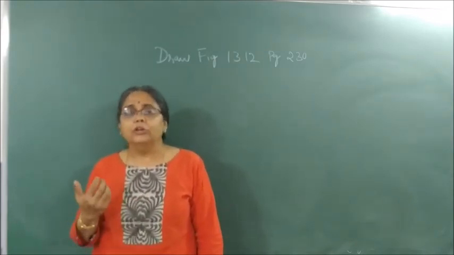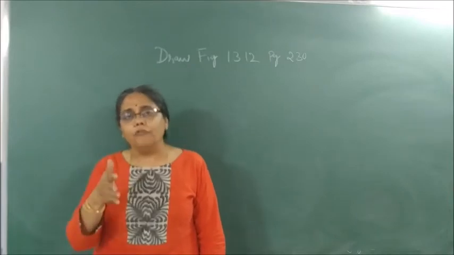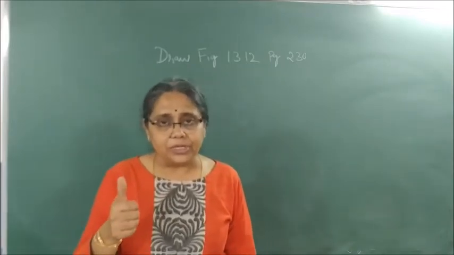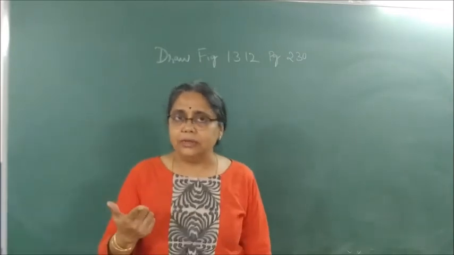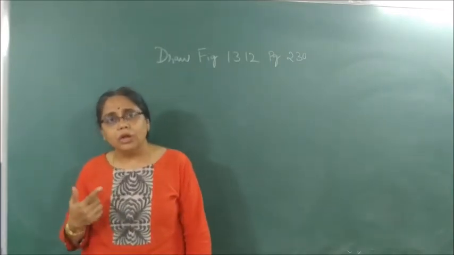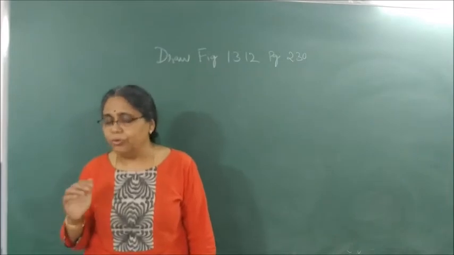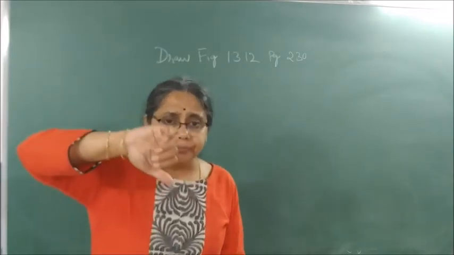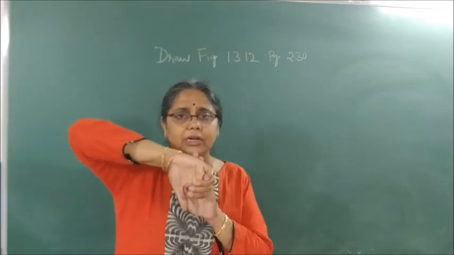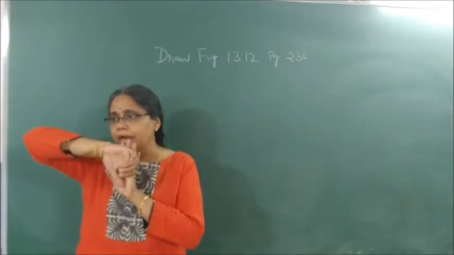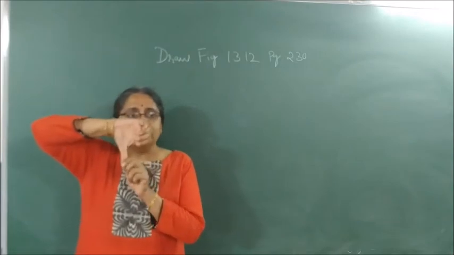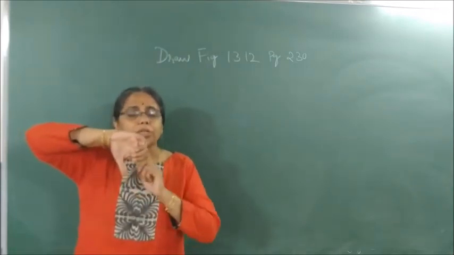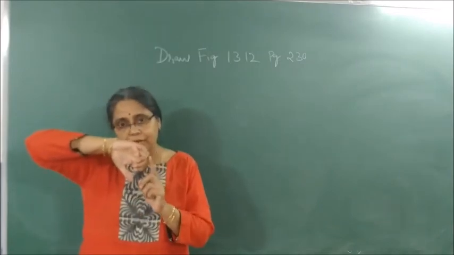To find the magnetic field of a straight conductor carrying current, we generally use Ampere's swimming rule or right hand thumb rule, which is also called as what? Maxwell corkscrew rule. According to the right hand thumb rule, we say, imagine you are holding a straight conductor carrying current in your right hand such that the thumb shows the direction of current, and the wrapped up fingers show the direction of magnetic field lines.